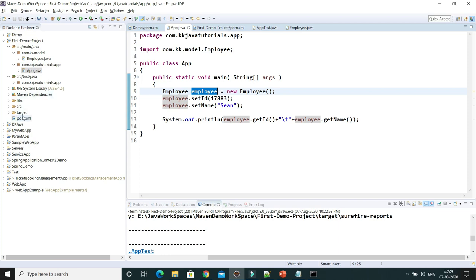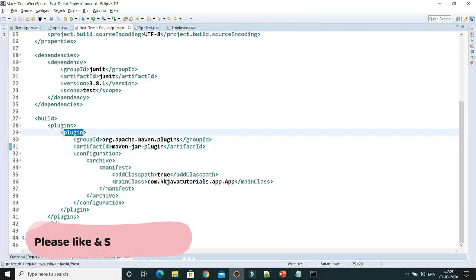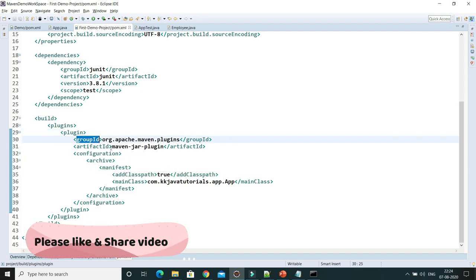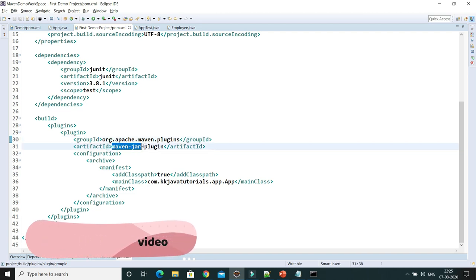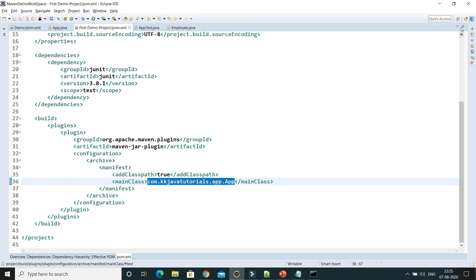Now let's go to the pom.xml. Inside the plugin you have to configure this plugin, which is called the Apache plugin. Here the group ID is org.apache.maven.plugins and the artifact ID is maven-jar-plugin. Here for addClasspath you have to give true, and you need to provide the qualified name of your main class.